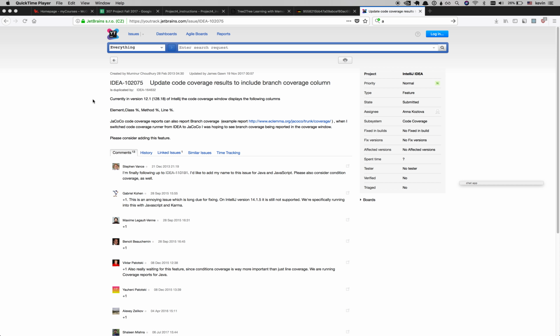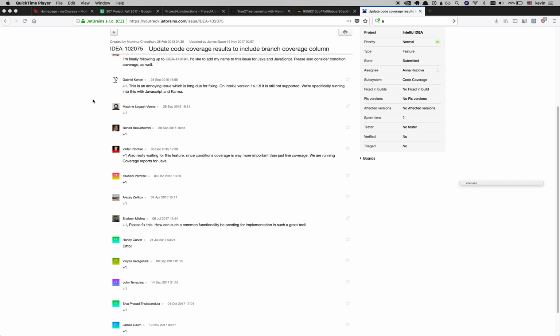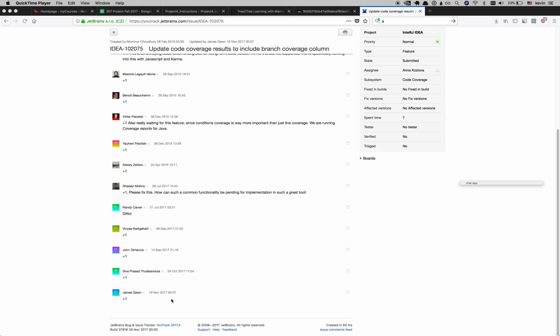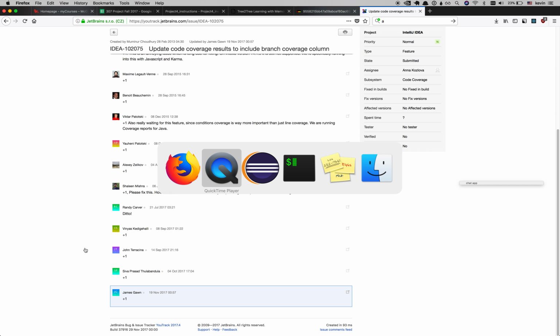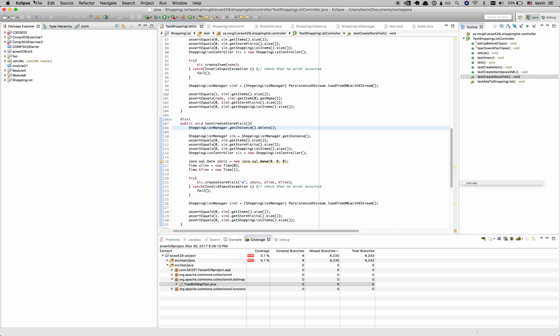So if we want to run JUnit tests and see branch coverage for them easily, we're going to have to use Eclipse. It seems like it's not part of IntelliJ yet, as you can see here. Let's see, how do we do this? First,